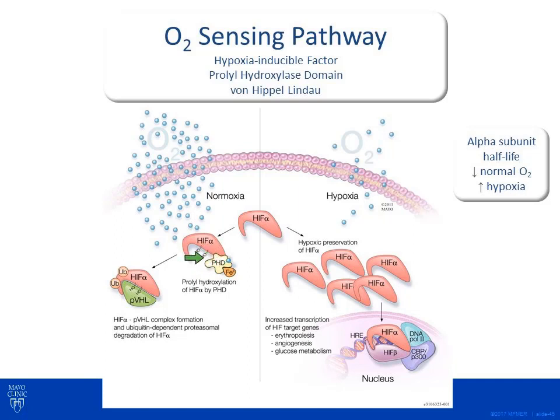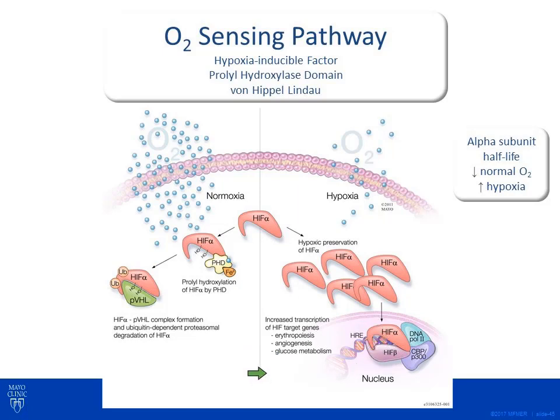Here are these prolines that are illustrated. These are hydroxylated. This is actually the signal for the VHL to bind. This is the recognition signal that it binds. When this is all successful, you can see here are the ubiquitins that are going to degrade this HIF alpha subunit. So when it's degraded, then it cannot combine with its HIF beta subunit, and we can't get upregulation of